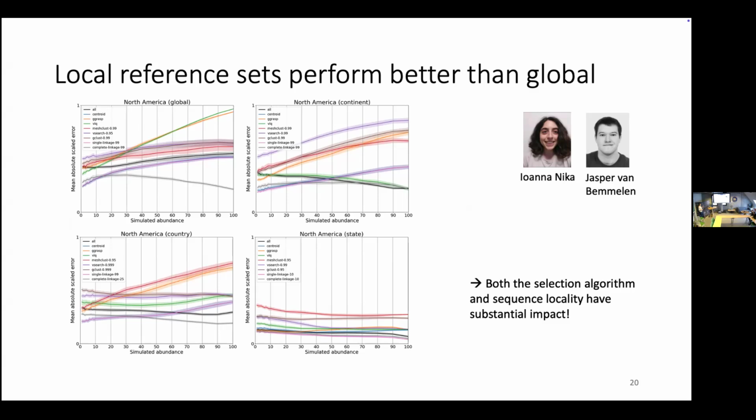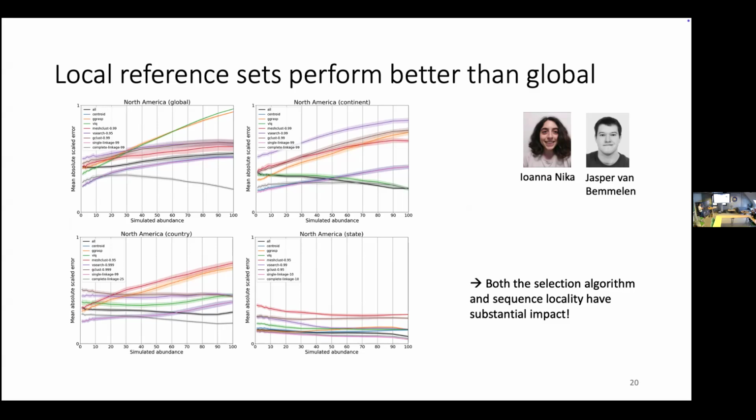And what we see, and I think intuitively it also makes sense, is that the more local you go and the more specific your sequences are, the better you can actually estimate. So the errors go down. The different lines in each of the plots are different ways of clustering sequences and then selecting a representative sequence.